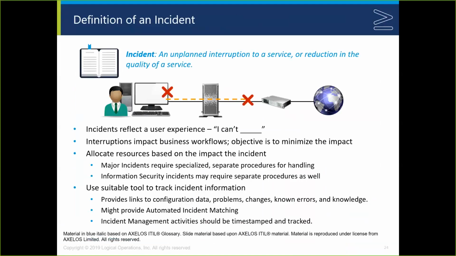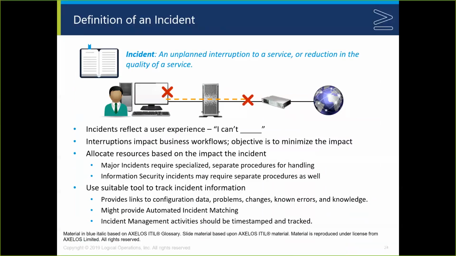Okay, we go through the formal definition of an incident. This has not really changed, except that an outright configuration item failure does not count as an incident unless it impacts users. Right, so an incident really has been reinforced to be about the customer, about the user and the user business workflow. Okay, the incident describes the impact to the user, not the technology piece. Right, the incident doesn't happen to a tool, it happens to a person who's trying to do work and can't do that work in various ways.